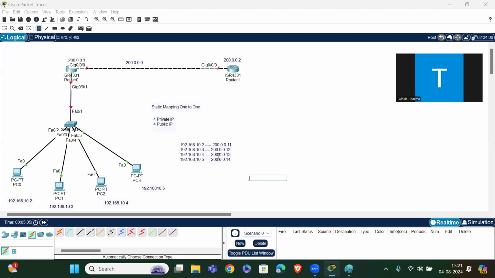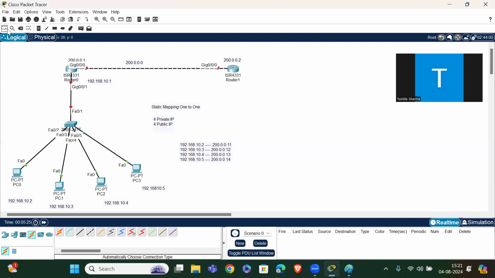We have to map these IP addresses. Before mapping, first we have to assign the IP addresses. Let me write the gateway also: 192.168.10.1, sorry, 1. This is my gateway.